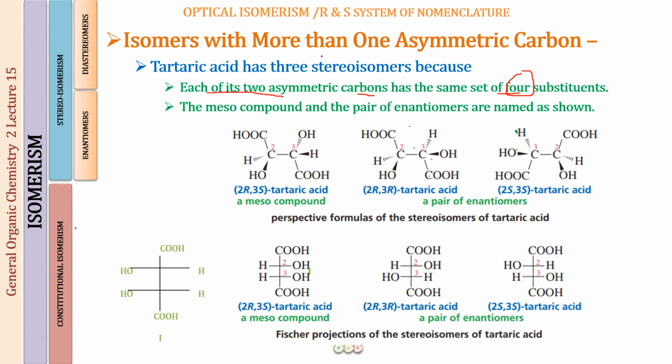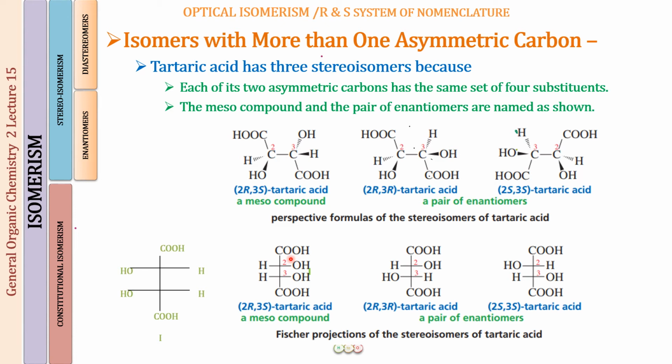Write down the configuration for the compounds. You will be able to find out the difference between, first of all, the enantiomers and the diastereomers, right? The enantiomers, they will be having the different configuration at both the chirality centers. And if they are going to be diastereomers, they will be having the same configuration at one chirality center, and they will be having a different configuration at another chirality center. When you are having a pair of enantiomers, just check that, okay, because they will be forming a mirror image. Either they are identical molecules or they are going to be enantiomers.